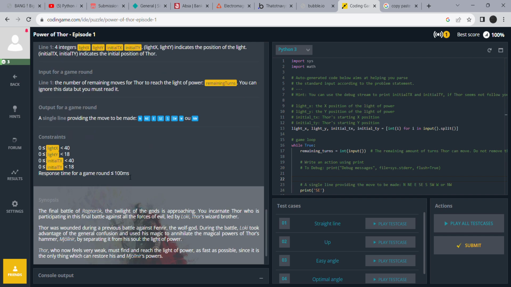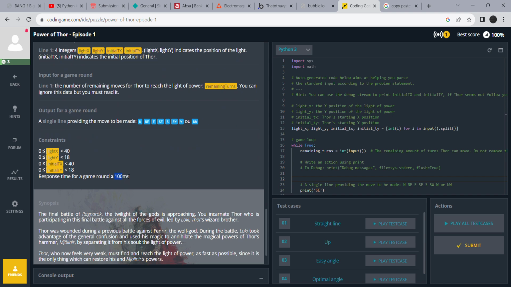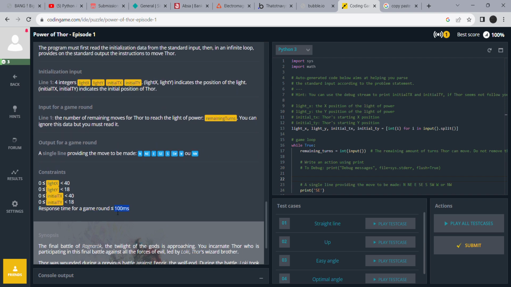And when I read this the first time, it didn't make sense. The response time for the game should be 100 milliseconds, because I didn't understand how I had control over the response time. But this is just saying you shouldn't do something like time.sleep for 100 milliseconds. If you give it that, it won't work. Or do a for loop that does a million things, which causes the response to be greater than 100 milliseconds. So every turn should be less than 100 milliseconds. Effectively, that's what they're saying. Okay, so